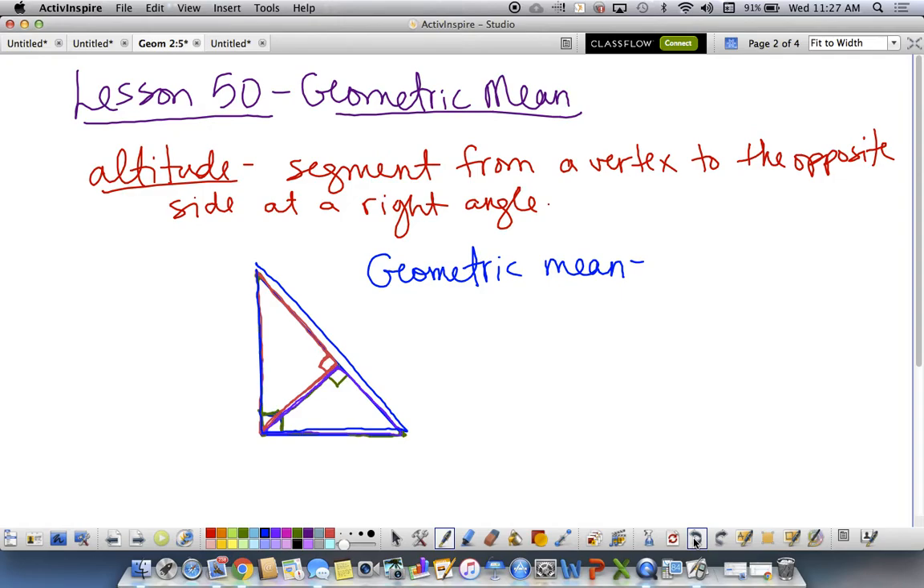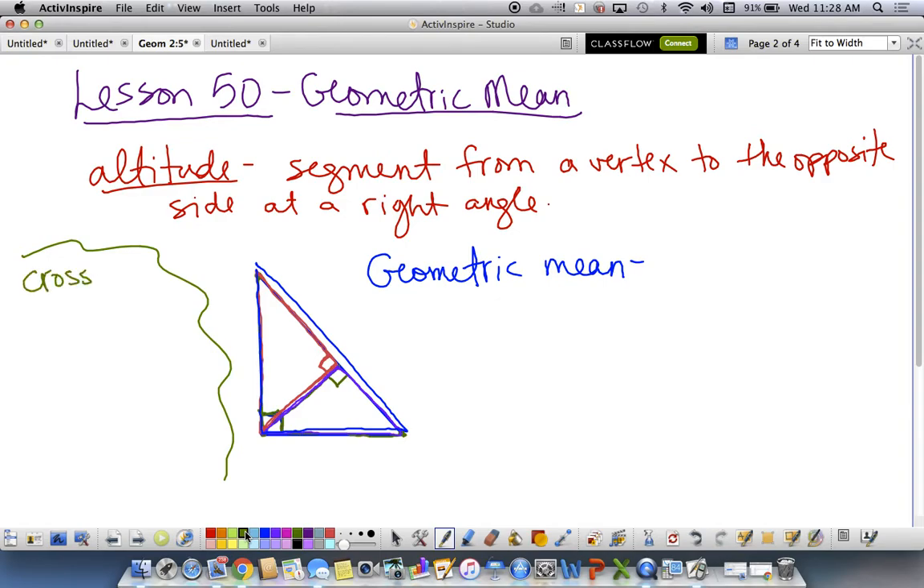The geometric mean for positive numbers a and b is the positive number x such that a divided by x is equal to x divided by b. So they set up a proportion. Now I'm going to go back and do a little thought bubble from about a week or two ago, that we talked about